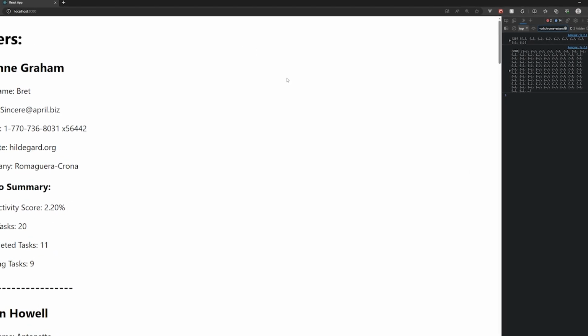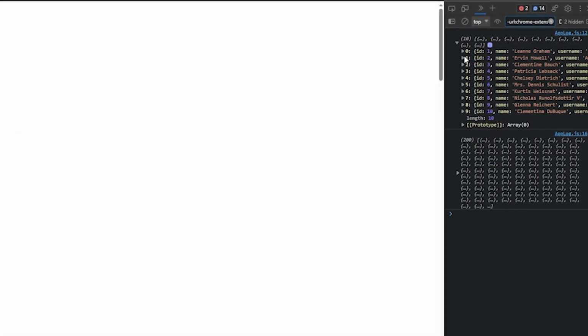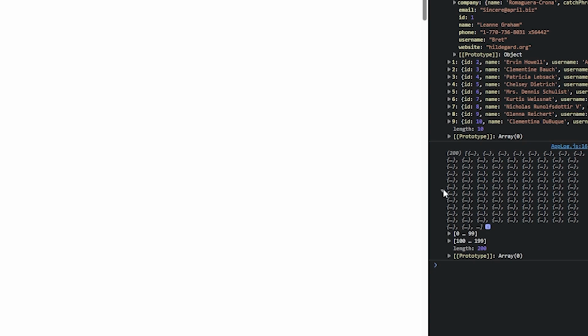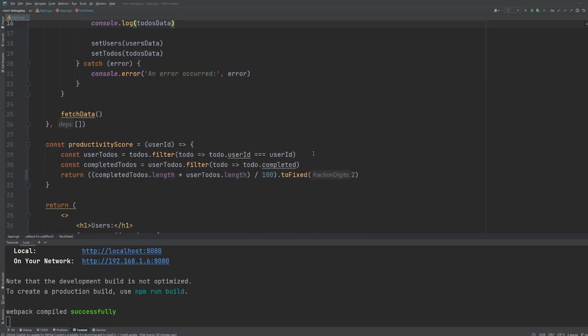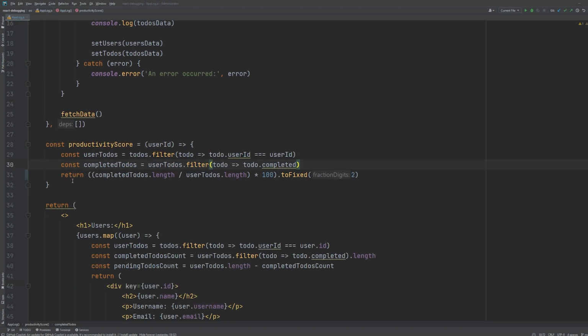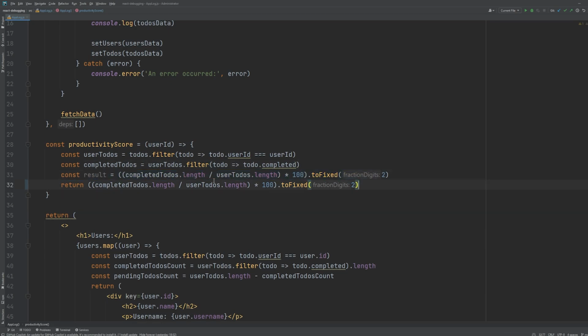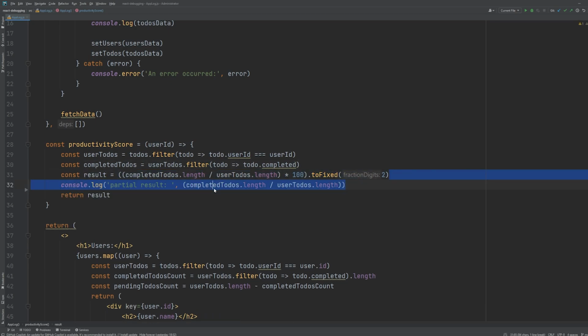And when we take a look at the browser's console, we can see that we have 10 users and 200 to-dos, and everything seems to be correct at this point. Let's also put logs in this productivity score function, but we need to slightly modify this function since it evaluates an expression in the end. We can just store this in a variable, and then we can log out this partial result